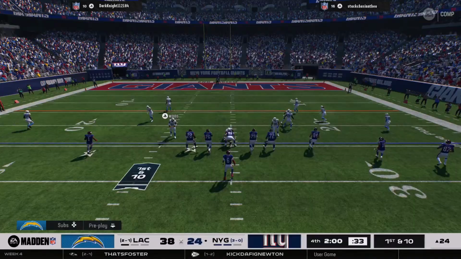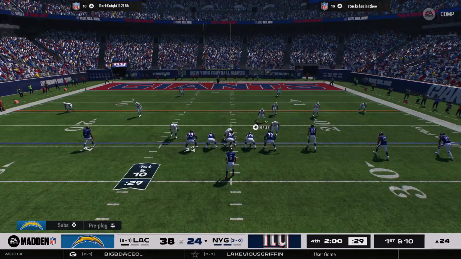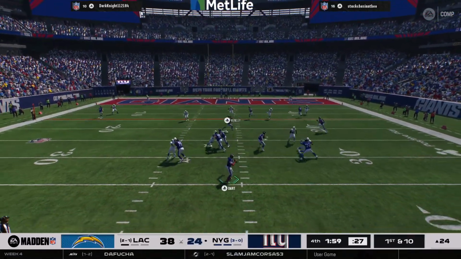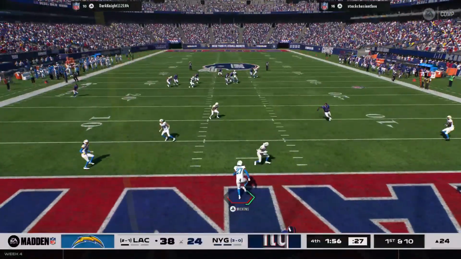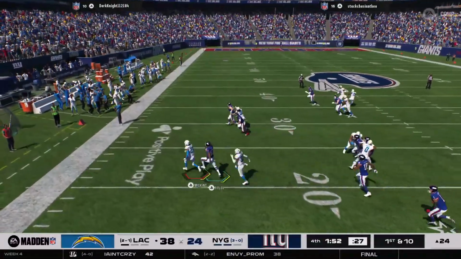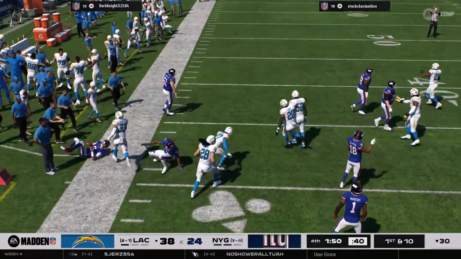Here's first down. Go! Liking 18. To throw his dart. And this is intercepted, and that should do it. And the Chargers are going to take over at their